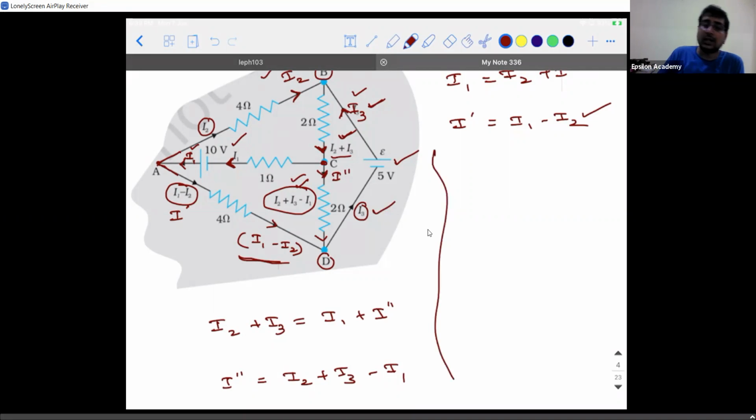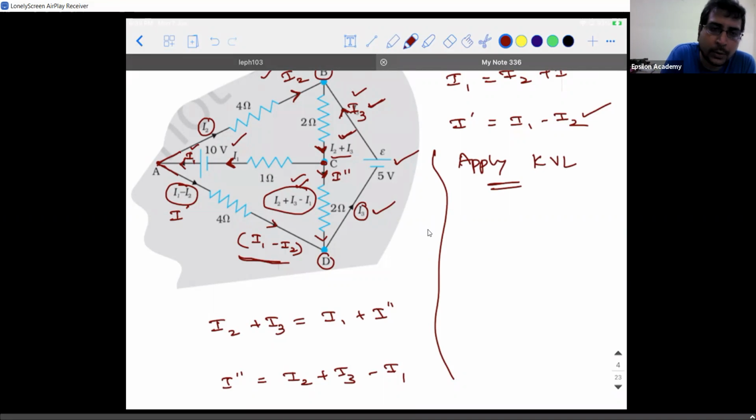So here I wanted to tell one important point. Though there are two laws, Kirchhoff's current law and Kirchhoff's voltage law, it is not like one problem will demand only Kirchhoff's current law and the other will demand Kirchhoff's voltage law. In the same problem, both these laws have to be applied simultaneously. Okay. Now, first thing that we did is we used Kirchhoff's current law. Now we will apply KVL.